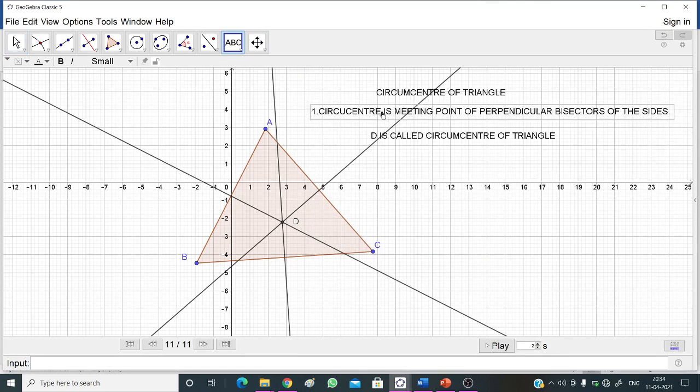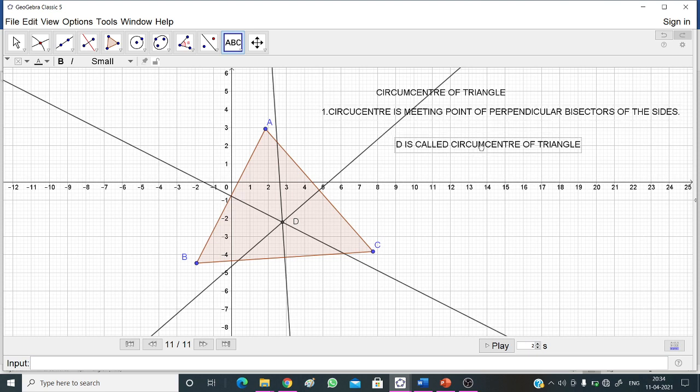This circumcenter is the meeting point of the perpendicular bisectors of all the sides. D is called the circumcenter of the triangle. Now let me verify the properties: in which case it lies inside, outside, or on the hypotenuse.